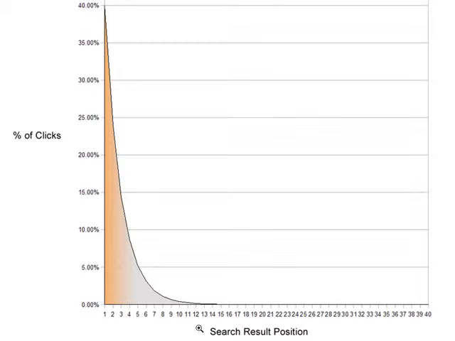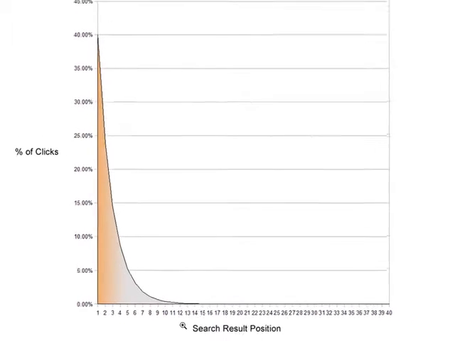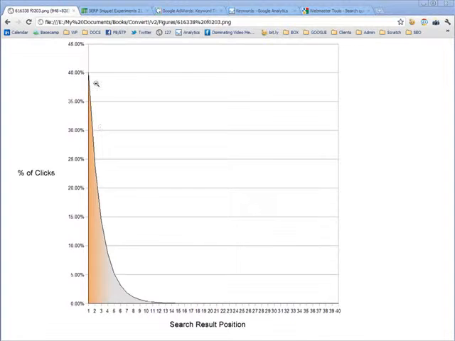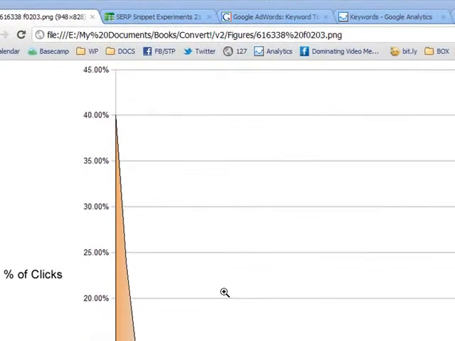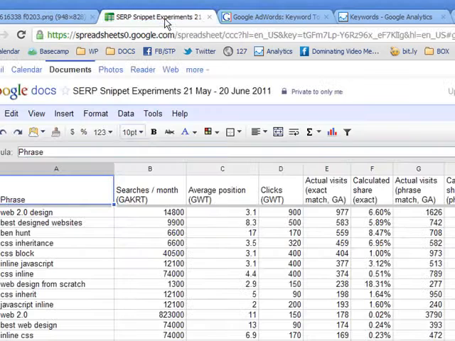accurate. So I've done a few little tests. It took me about an hour or so today, and I want to take you through the results and then talk about some of the implications of these results. So I've been to a few different sources, all Google sources, and I wanted to find out, okay, for the last month on our website, on Web Design from Scratch, for our top 50 keywords, what happened?